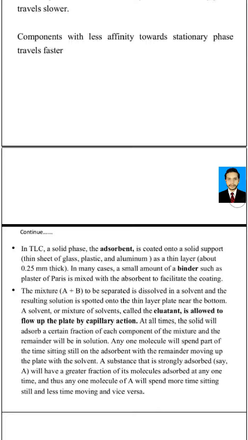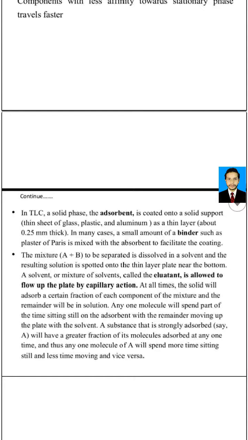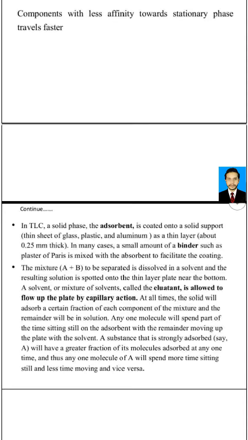Now let us talk about the solid phase in TLC. The adsorbent is coated onto a solid support, a thin sheet of glass, plastic or aluminium, as a thin layer about 0.25 millimeter thick, available in Pakistan. In many cases, a small amount of a binder such as plaster of Paris is mixed with the adsorbent to facilitate the coating. The mixture A plus B to be separated is dissolved in a solvent and the resulting solution